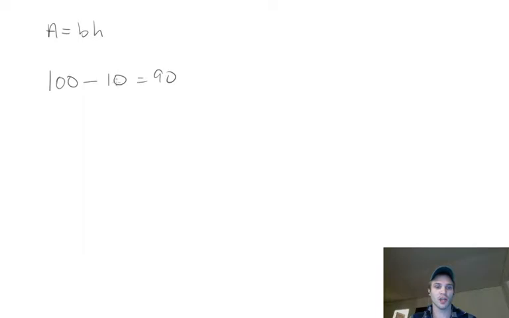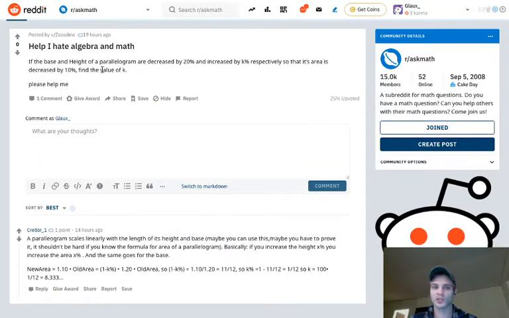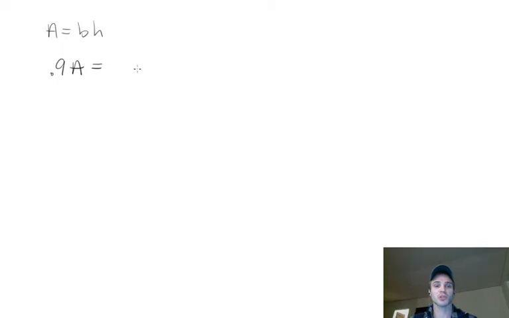And what is 90% of something? 90% of something is equal to 0.9 of something. And what does "of something" mean? It means multiply. So 0.9a is equal to, and here it's the same rationale, the base decreased by 20%. 100 minus 20 equals 80, so